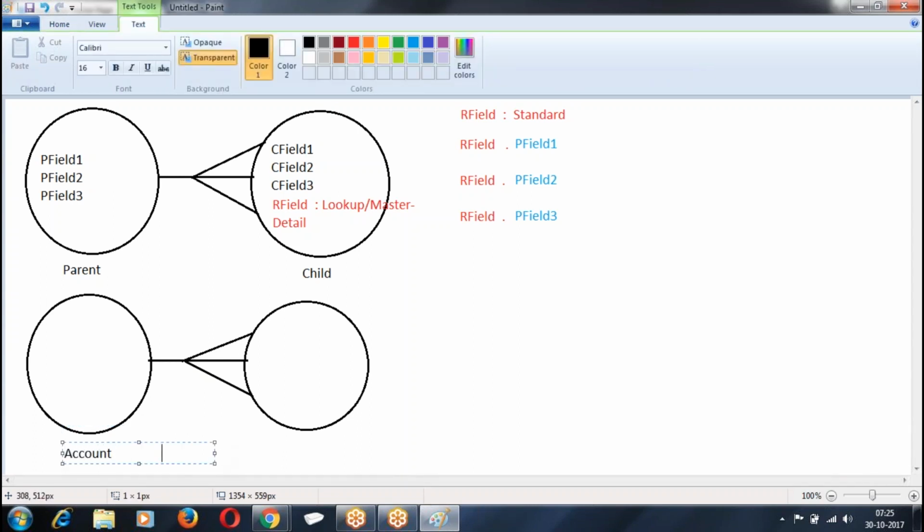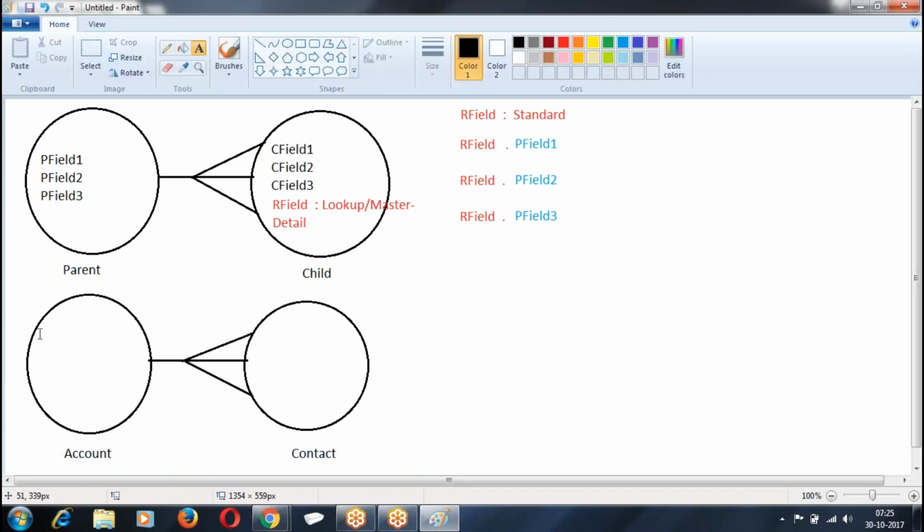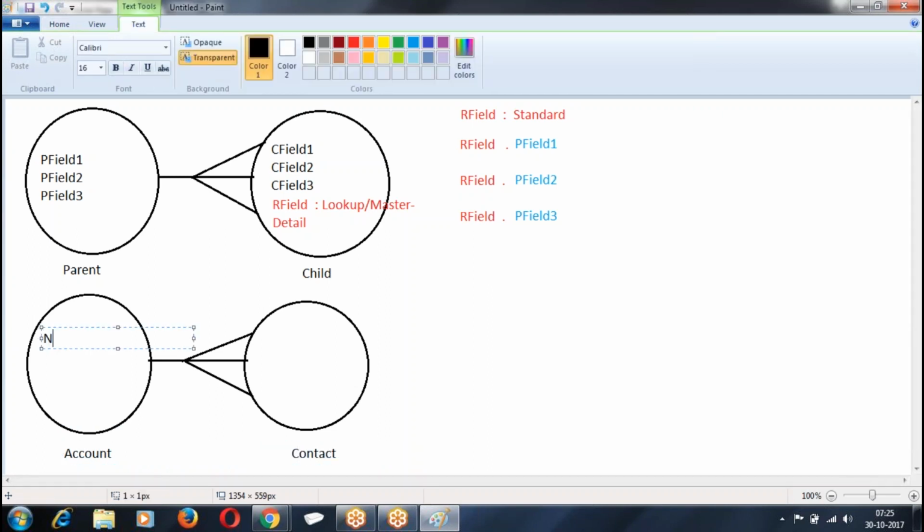We have account in contact, and its name is the name of the lookup relation. Salesforce created the relation.